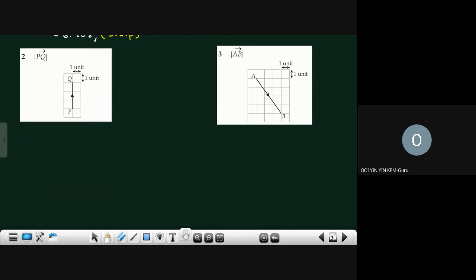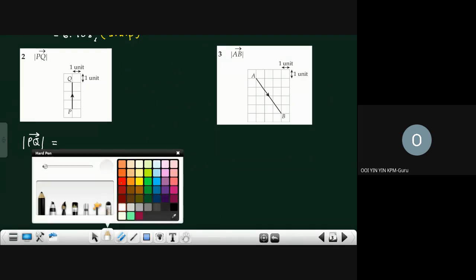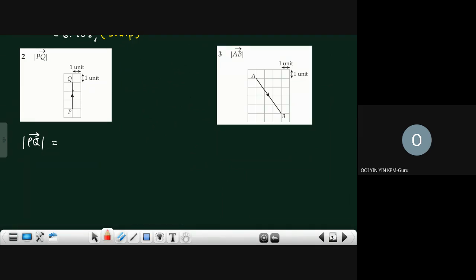Same goes, we want to find the magnitude of PQ. Don't forget your arrow. This is a vertical line. A vertical line is very easy to find the magnitude of. We just count the boxes. Starting here, 1, 2, 3. 3 boxes, 3 units. So your answer here is 3 units. It's that easy. And then when it comes to question 3, a line like this, a slanting line,